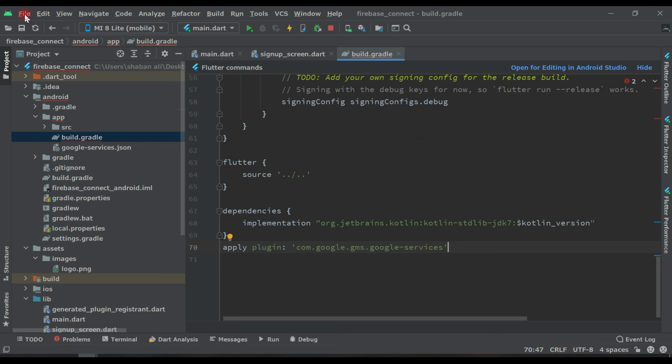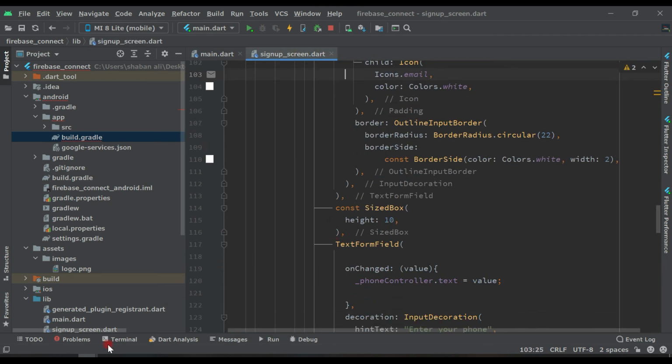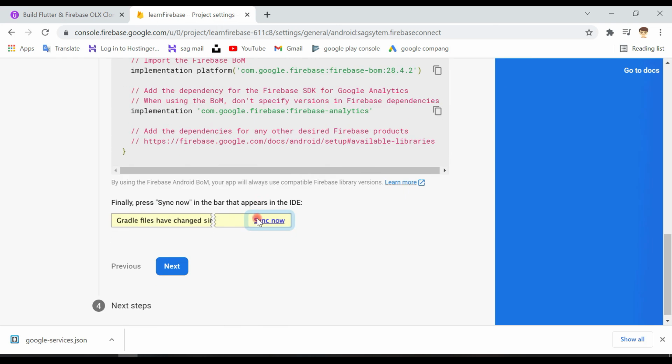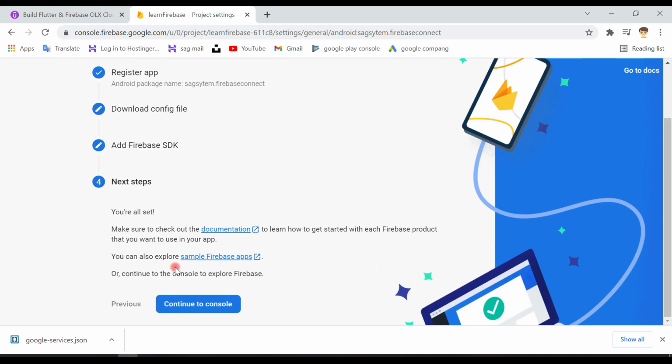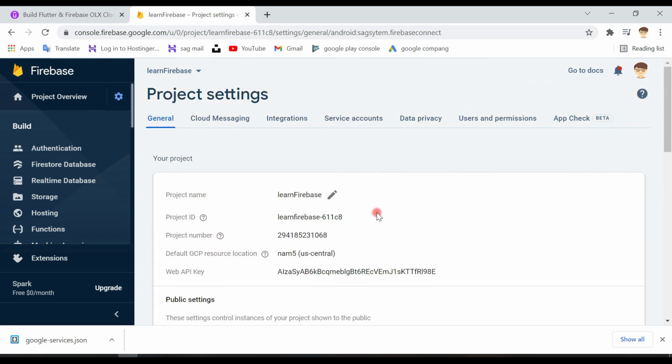Then File, Save All, close all files. Now come to Firebase, click on next and go to console. Now our application has been connected with Firebase.